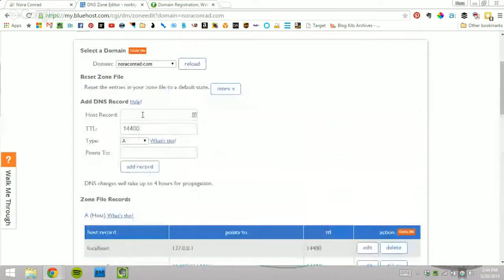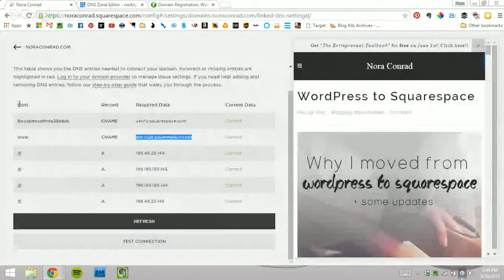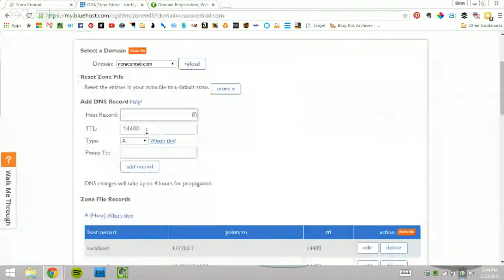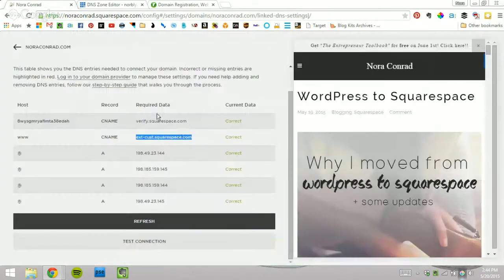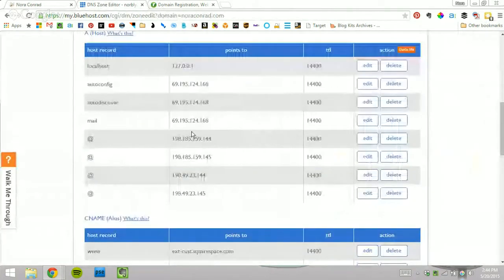So to add it, you just go to the top in host record. That's where you put this information, host. TTL, you can keep the same. And then you'll want to choose either CNAME or A. And then where that points to is right here, required data. So once you have all that information in, you should see something like this. You'll have 4 different